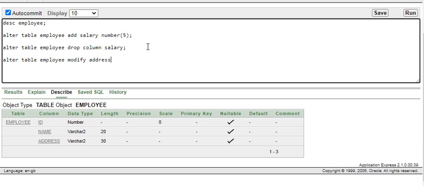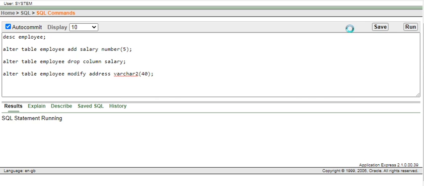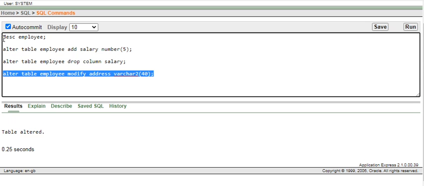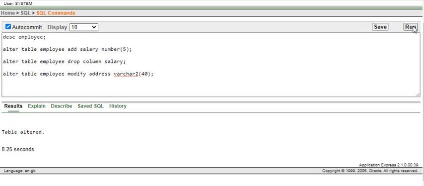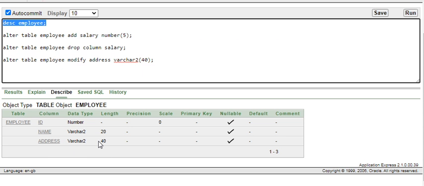Address. Initially the data type is varchar2 and the size is 30. I am giving 40. So: alter table employee modify address with the new size of the varchar2 data type. If I run this, table altered. Now you will see the description. See, address length is changed to 40.